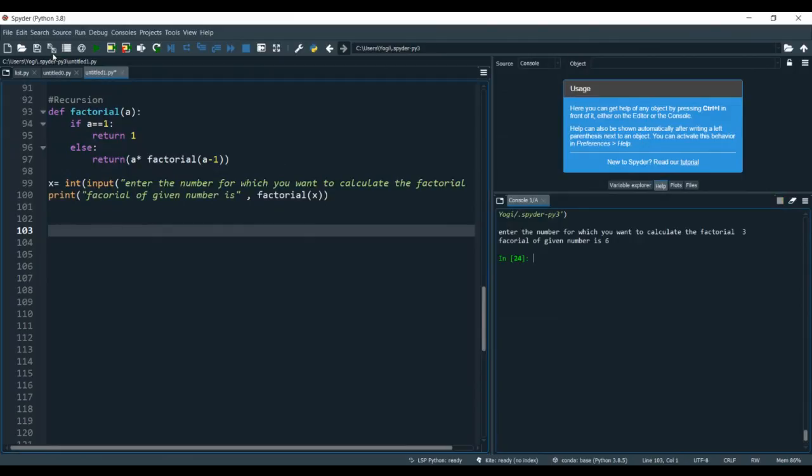Yes. So if I check the factorial of 5, it will give you 120, right?